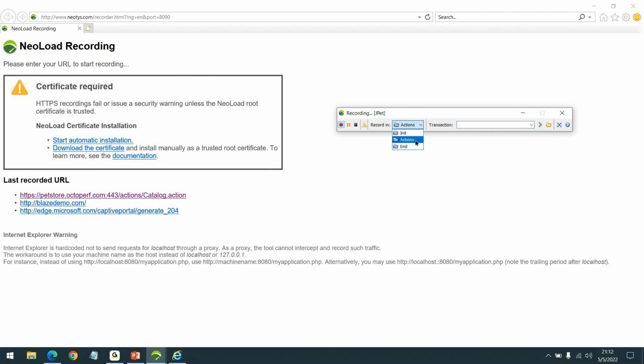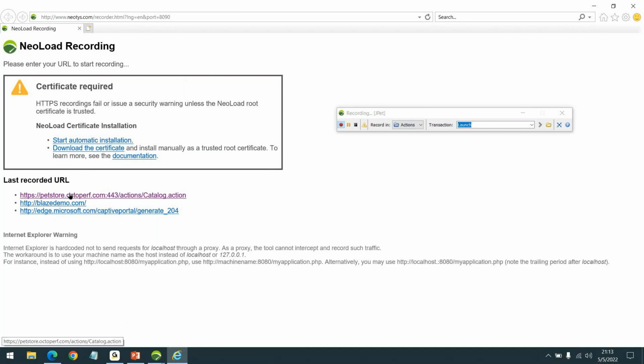These are the different containers. Generally, the recording is done in the action container. That is the default setting, so I'm going to choose the action itself and leave it as it is. And there is a transaction. I would like to provide the first transaction. This was the application that I would like to launch.